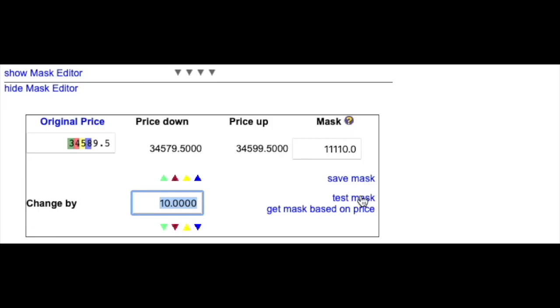And another thing which might help to test the mask is this test mask button. This will just copy the mask into here, and will set the 0 price. So basically that would mean from 0 it would go down that value, exactly that value here, or up that value. Okay, so if we take the 10,000 away, we just have 1,000 here, minus 1,000 and 1,000 here. I can take the 1,000 away,